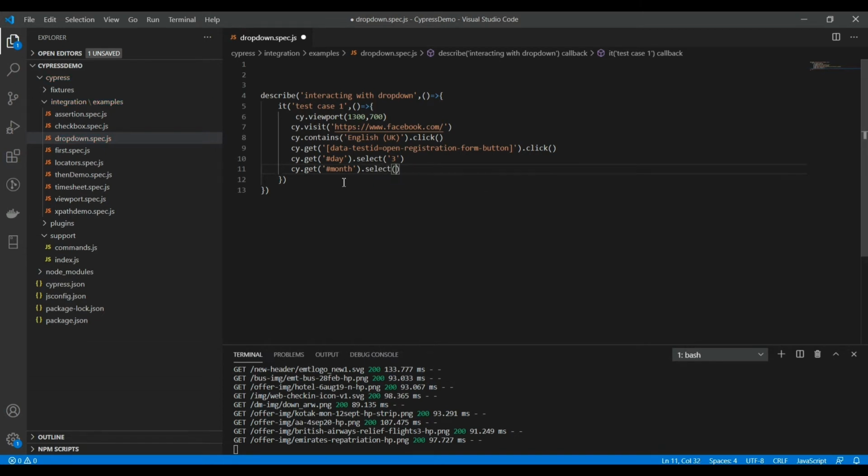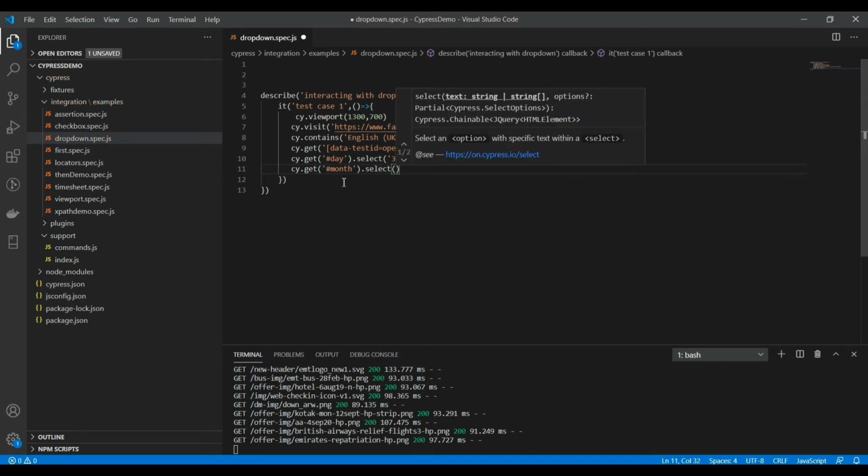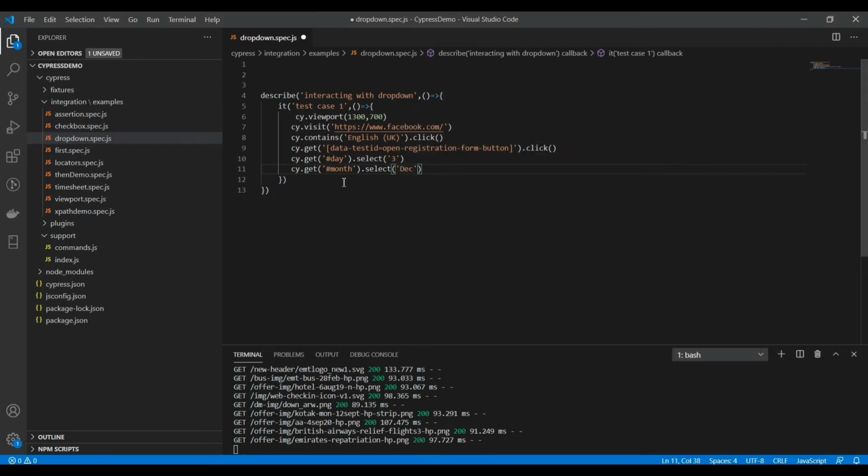Here I can pass the value, like I'm passing December, so DEC is the code which is available in the drop down. And for year we can use the year ID and pass the year whichever we want to get selected. So I'm passing 2010.